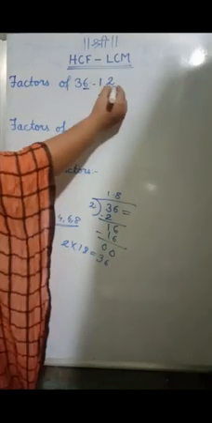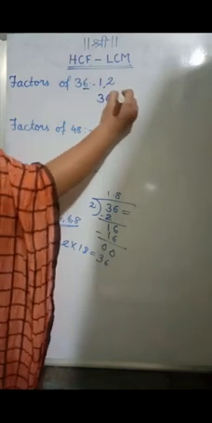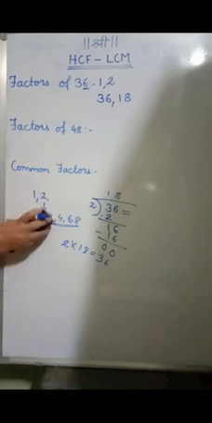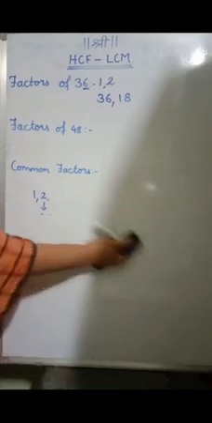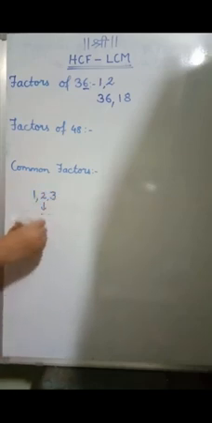So 2's table it is coming, then surely it will come in the next table, that is 18's table. Okay. Now 3's table will it come? Just recall the test of divisibility of 3. What is the test of divisibility of 3? Add the digits, and if the sum is in 3's table, the number will come in 3's table.